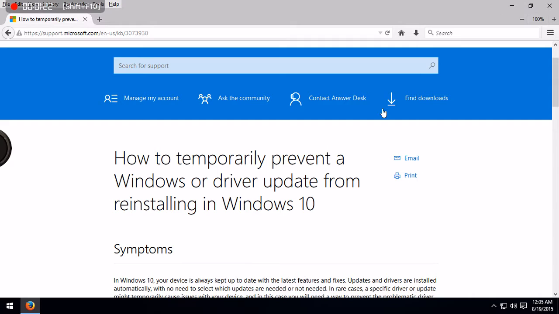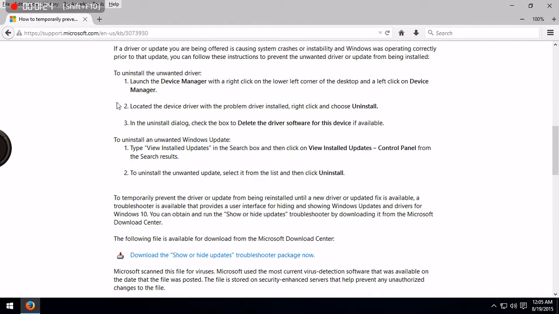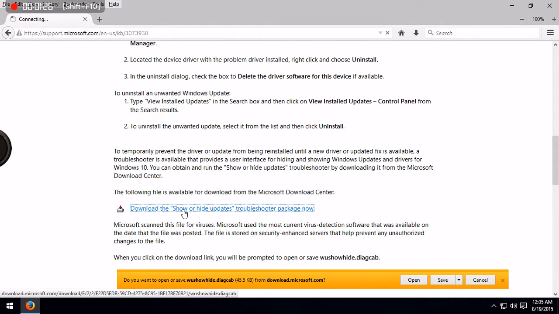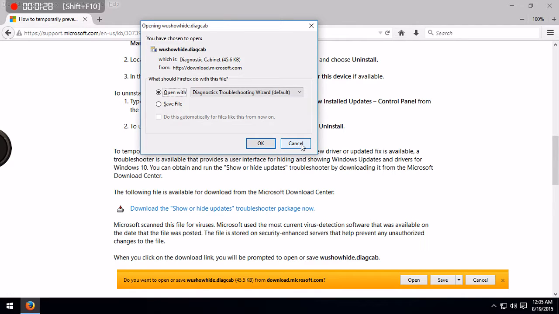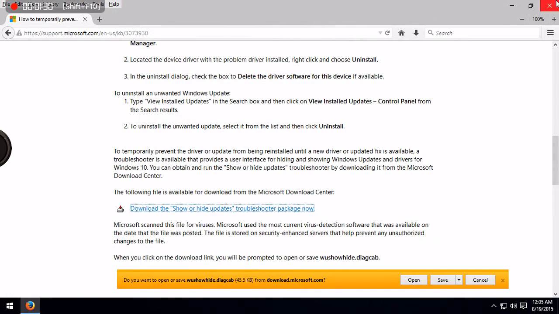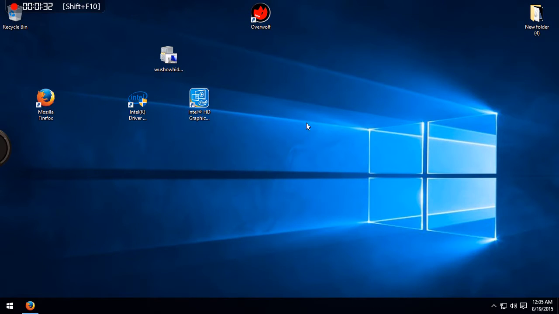And so what you want to do is you'll go to this site and you'll download it from right here. I already have it, so I don't need to download it. And you run it, and when I ran it, even though I downgraded my video card driver already, it would not show the new update so that I could block it. And I ended up figuring out this trick, and what you have to do